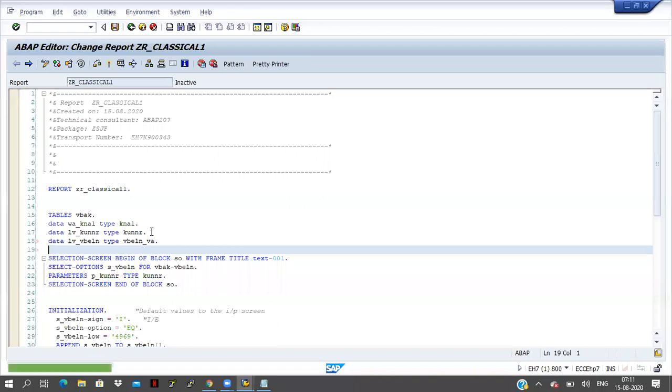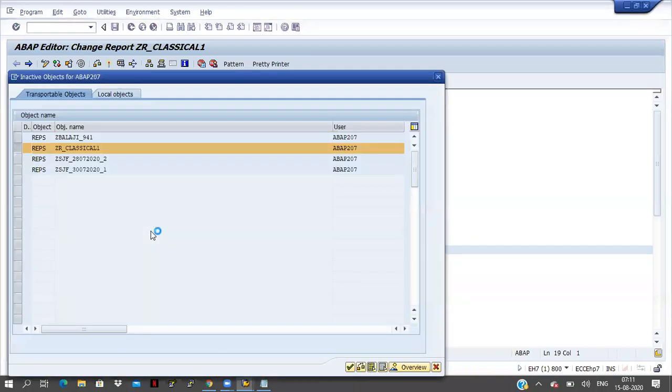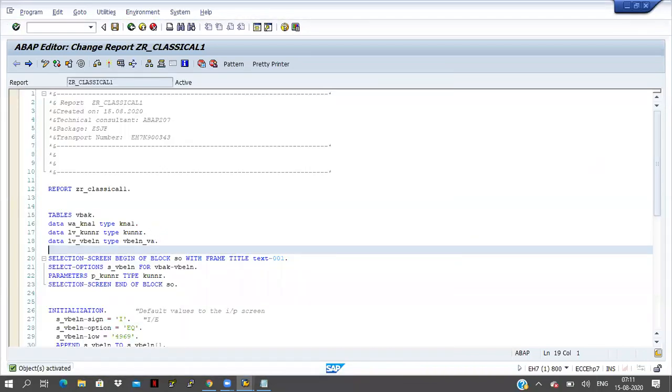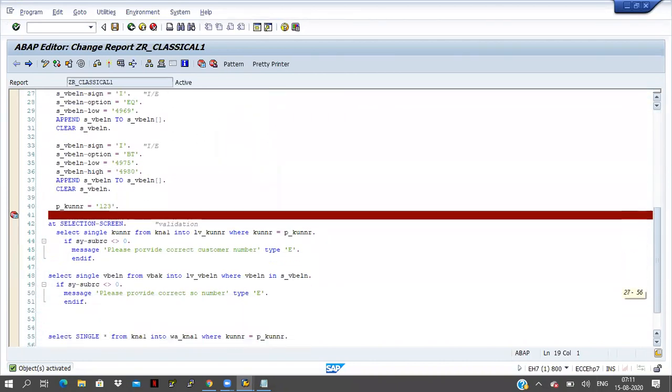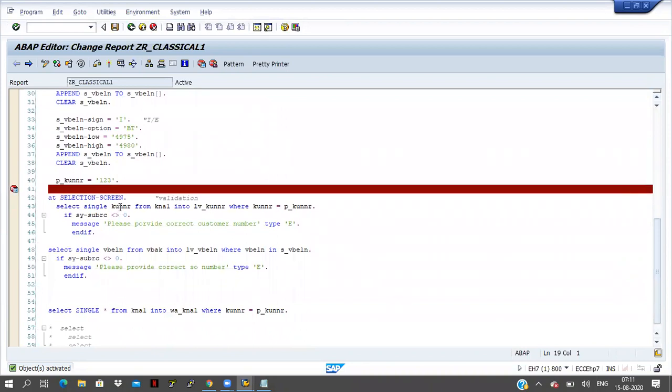Let's check here, activate it. And now what I'm doing is taking at selection screen, not at selection screen on. If we are doing validation for particularly one field, then we have to go for at selection screen on. If I want to validation